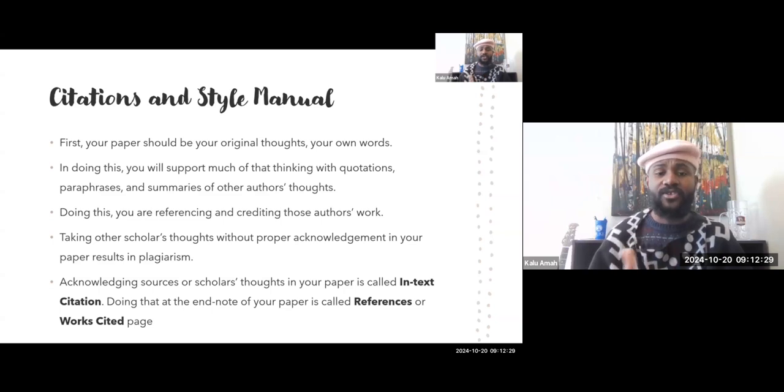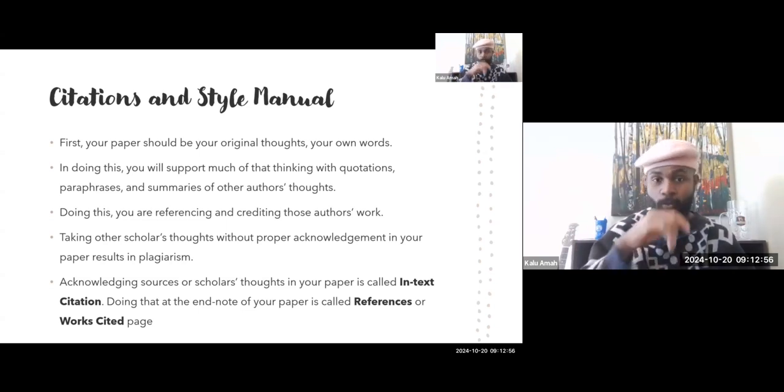So I'll still discuss this extensively in the following slides. But just know, primarily, that in-text citation happens in the body of your paper. When I say the body, it includes from introduction to the conclusion. That's why we say in-text. So it's inside the text, inside your paper, in the argument you are making, in the paragraphs. So that's where you cite authors. When you acknowledge authors' thoughts in the paragraphs in your essay or in your article,